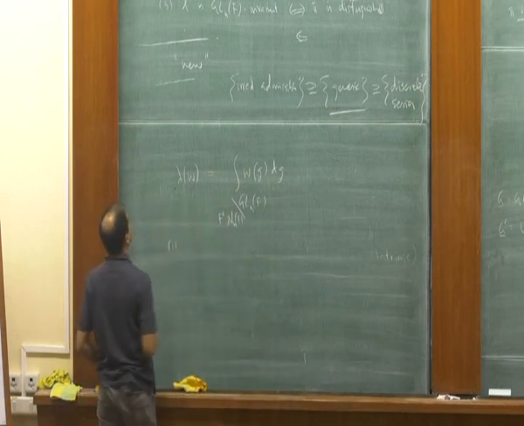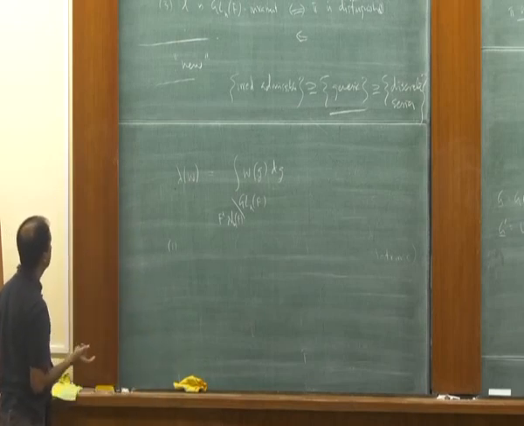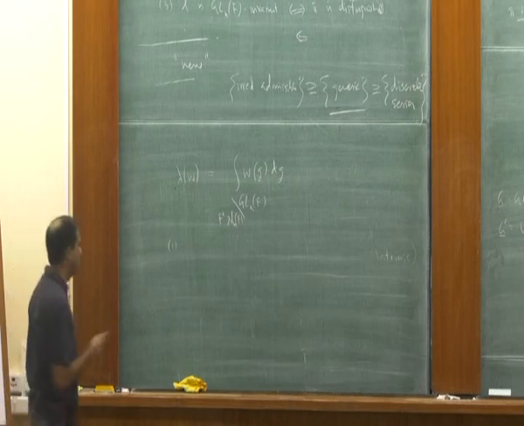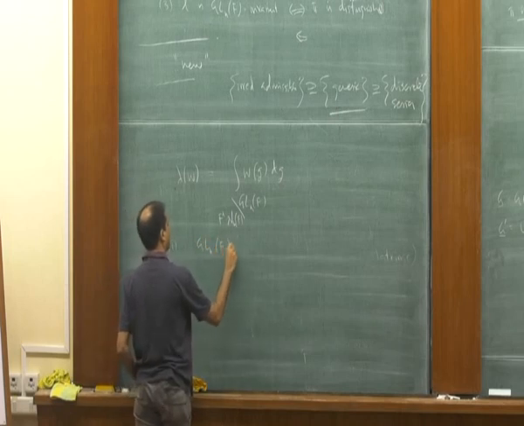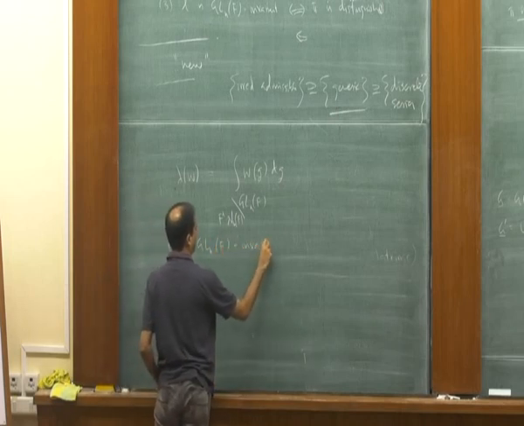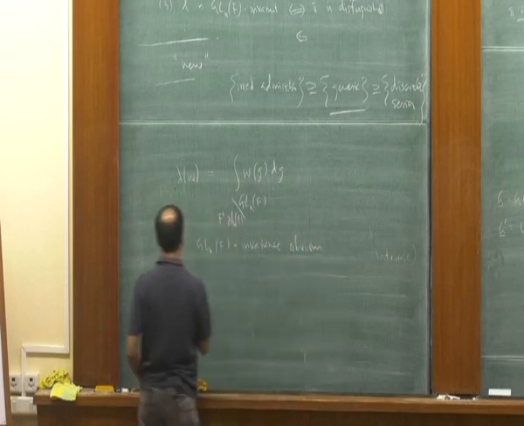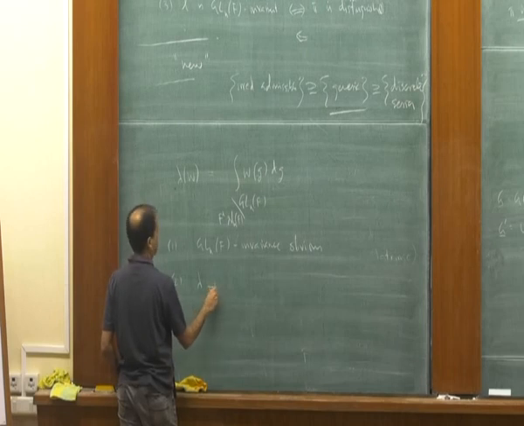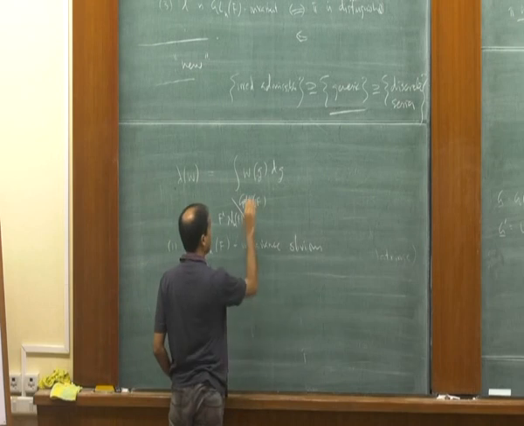So in that particular candidate, non-zeroness was obvious, GL_N(F) invariance was not obvious. In this candidate, GL_N(F) invariance is obvious, but non-zeroness is not obvious, and the result is lambda is not identically zero precisely when